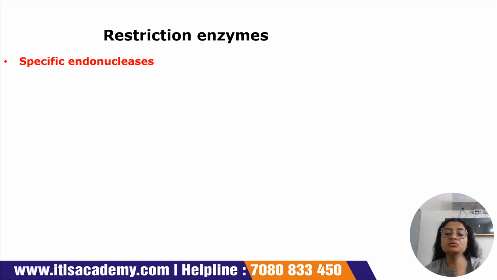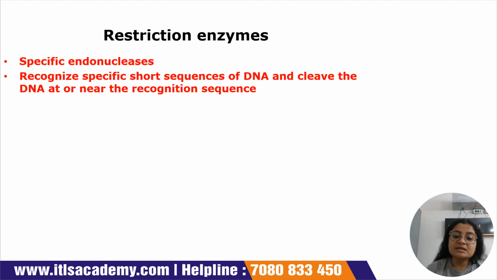Okay, now coming to the concept of restriction endonucleases or restriction enzymes. What are they? These are basically specific endonucleases which will be cleaving at particular sites which are known as the restriction sites. Okay, so they will recognize specific short sequences of DNA and cleave the DNA at or near the recognition sequence. So that is why I mentioned the term recognition site or restriction site. Means specific sites will be there, and these enzymes will be cleaving only at those specific sites, not anywhere else. Like they will not go on randomly cutting structures at different sites. Okay,